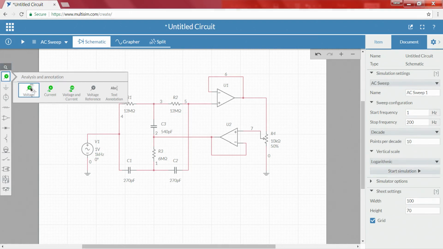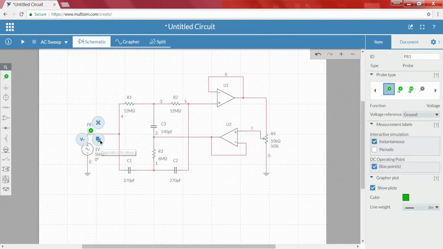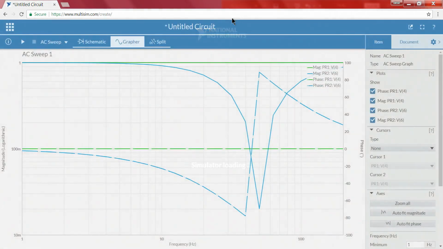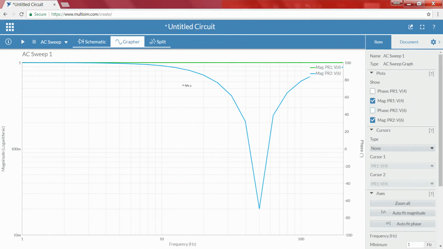But in order to visualize, we have to put our voltage points: green indicates our input voltage and blue represents our output voltage. When we start our simulation and look into the graph, one thing is clear: it has two different aspects, phase as well as magnitude, for input and output. Since we are not interested in the phase too, we just look into the magnitude. If you see, the output as well as input are having the maximum magnitude as 1, right. That means there is no gain acting in the system.